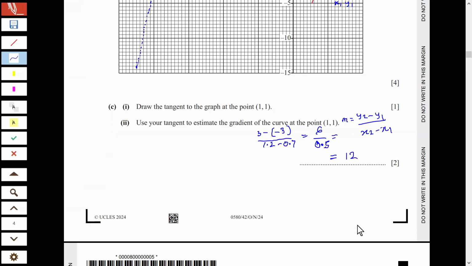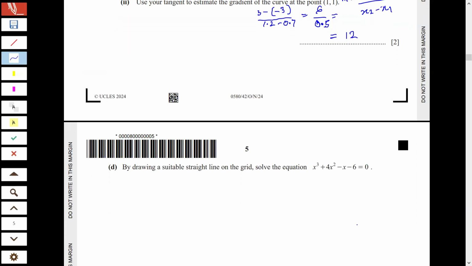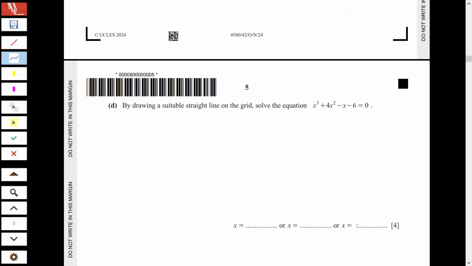The next question, D. By drawing a straight line on the grid, solve the equation x to the power of 3 plus 4x squared minus x minus 6 equal to 0. Now, to solve this equation, first, let's write the original equation here that says y equal to x to the power of 3 plus 4x squared